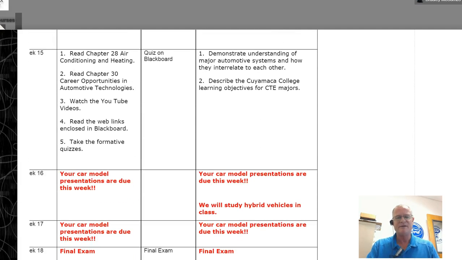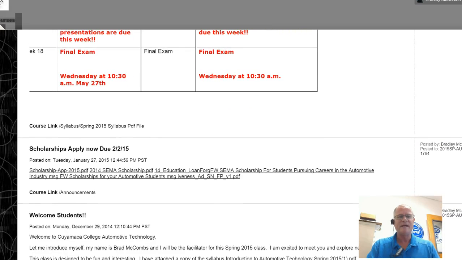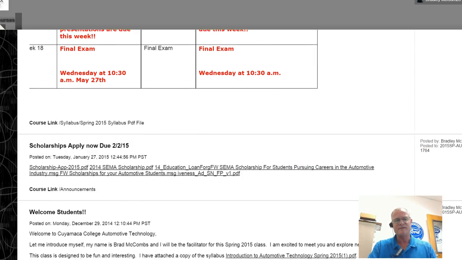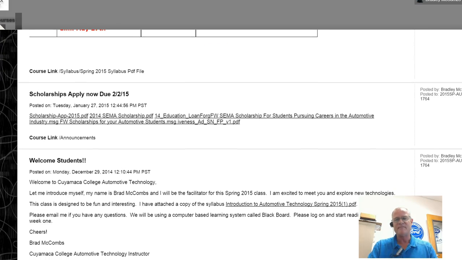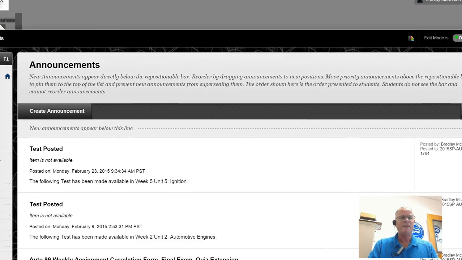And then I also show when things are due that are in red, and I have a link to some scholarships I sent as an announcement, and then here's the example of my welcome students letter with a link by PDF file to my syllabus. So if I show my syllabus, which is in the left column block of Blackboard, and click on my syllabus, it describes it